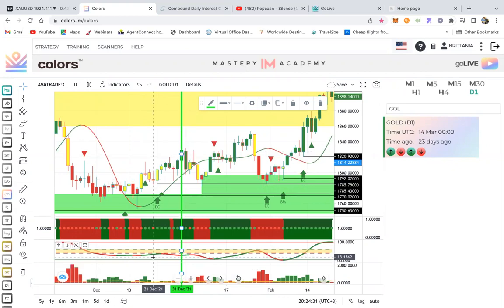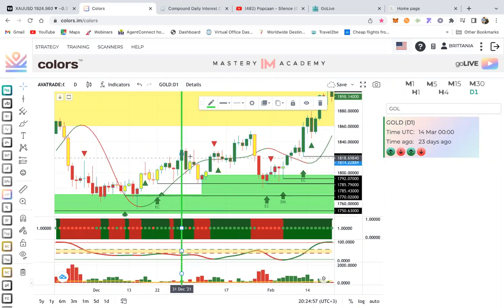So anybody would have remembered from January 10th, when we started the first 90 days challenge, we entered this gold trade from 1792, right? Some people are still in, myself included, still in this trade from all the way down here. And you're going to see how you can make money in this space, guys, right? So we entered the trade right here.